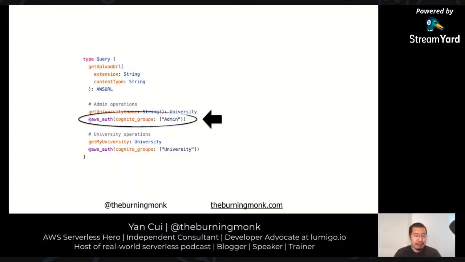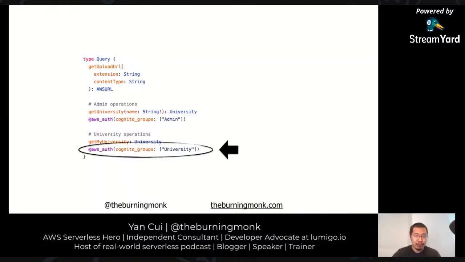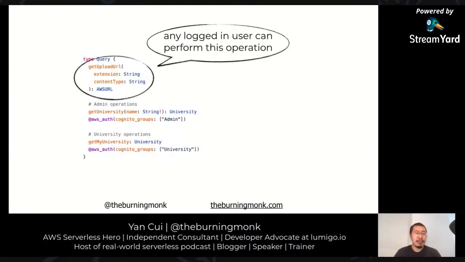So if you are the admin, you'll be able to get university details by name of the university, and you can add to the list of sports we have in the app and so on. But these are elevated privileges that are only available if you are the super admin, which are the two founders. But if you are the university admin, then you can only fetch and edit information about your university and nobody else's. And in this case, in our AppSync GraphQL schema, if you don't specify any specific authenticate options, then any logged in user can perform these actions like getting an upload URL for images and so on.